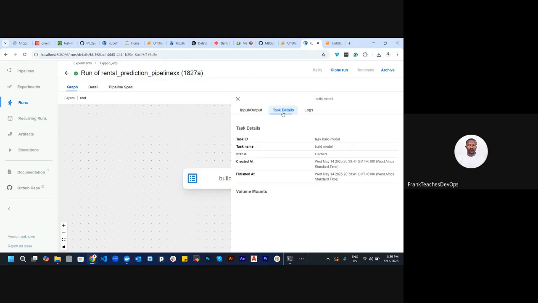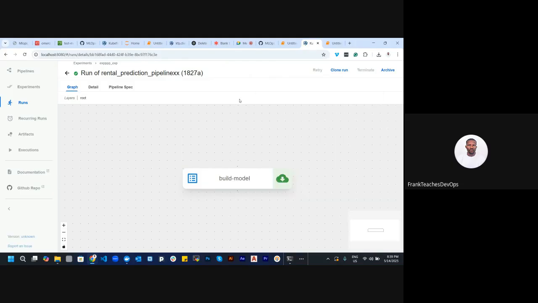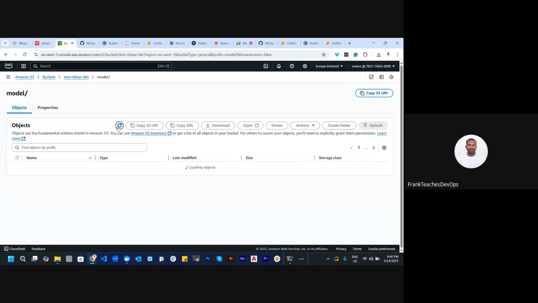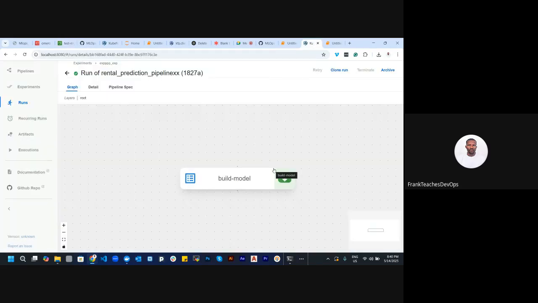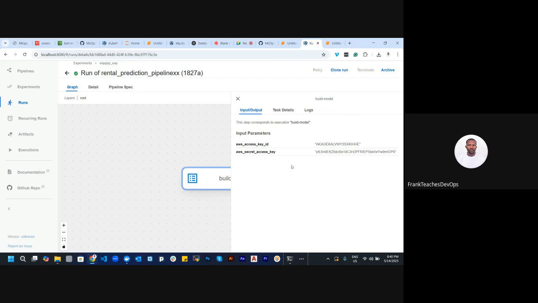If I go to task details, I should see that the status of this run was cached. I'm supposed to see a check here, a good sign, as it is here. So for that reason, if we go to our S3 buckets, our model will not be uploaded, because the stage for the file upload was not executed because of cached data. So I need to clear the memory of